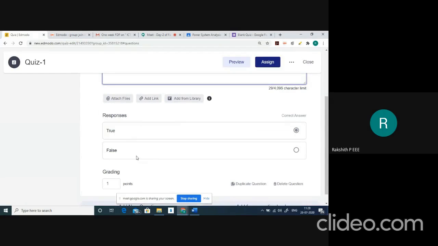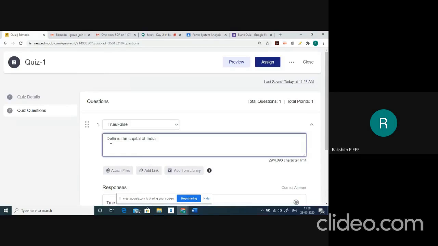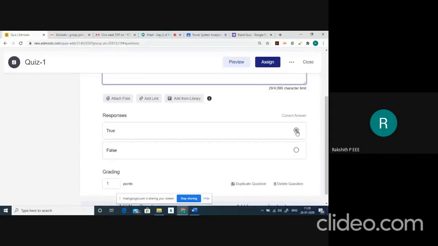One is true, other one is false. If the answer is true, then you can select this. By default, true will be selected. If you want to select false, then you can click on this. Depending upon the type of question you ask, you select the corresponding answer.